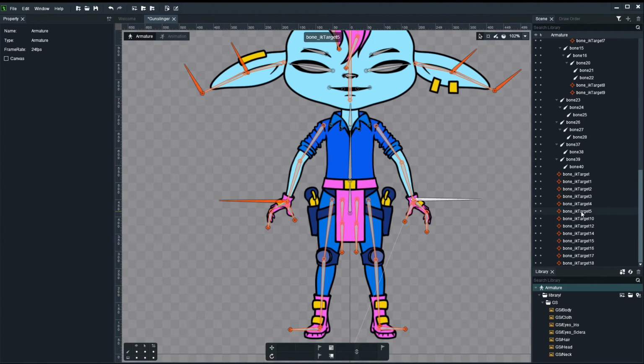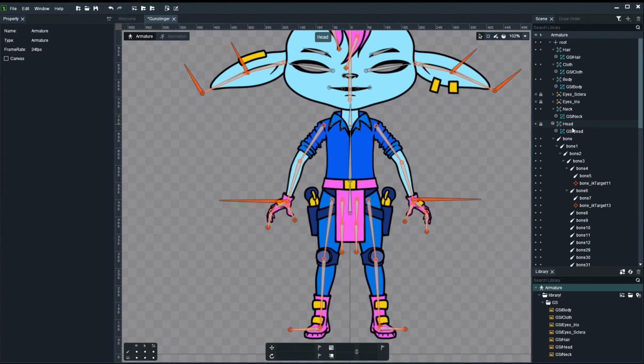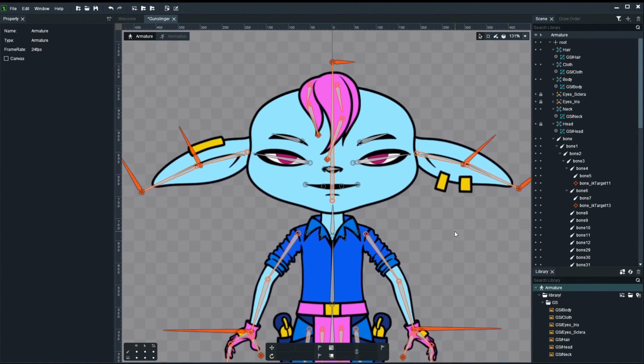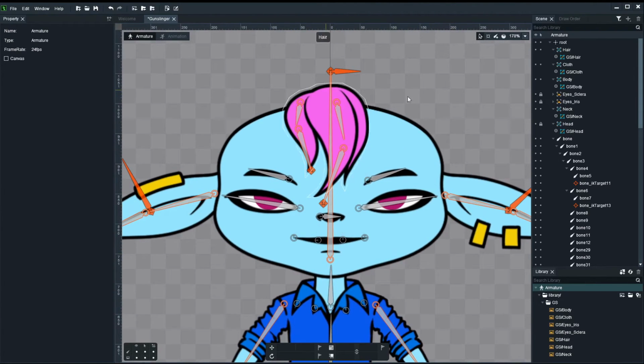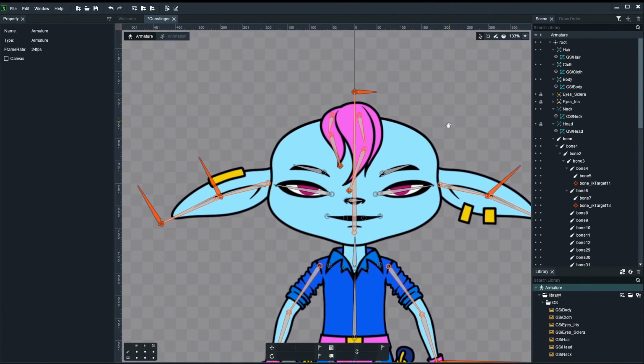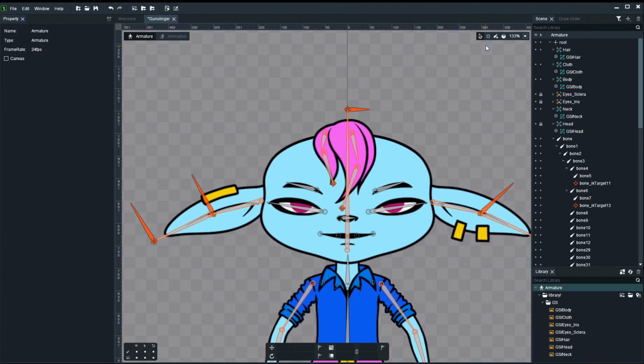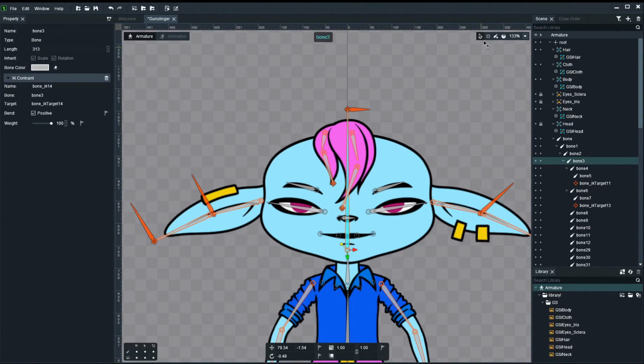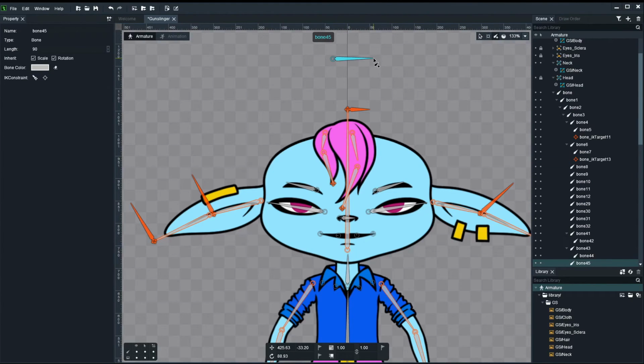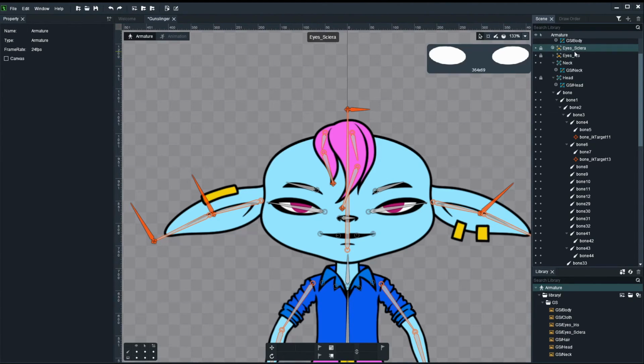Hang on, did I do the eyes yet? Have I made the... no. So let me unhide the eyes. The only thing I need for the eyes is to have one controller to move them. So the way I'm going to do that is I'm going to create, this is the head, okay, and create one bone up here. That's all I need. And I'm going to select the eyes, only the eyes, because the